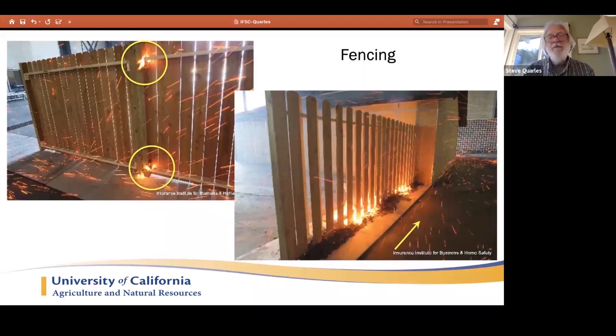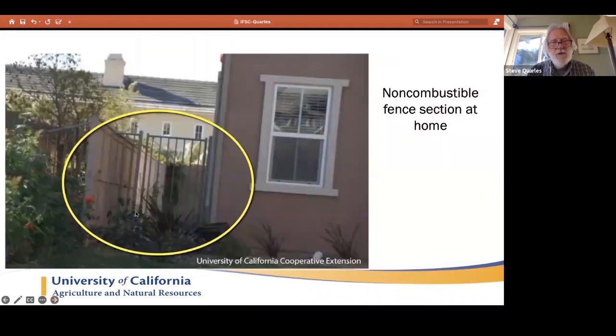So this fence issue is, I think, a vulnerability that is easier to address, but becomes more complicated with the parallel fence situation. So in California, at least, the guidance is, and actually in Firewise communities in general, the guidance is to put a non-combustible section of fencing where it attaches to your home. I think the question that some of the fire data and the recent NIST studies point to is really how close can that fence be if it's parallel to the home and still not be a problem. So I think that's an ongoing